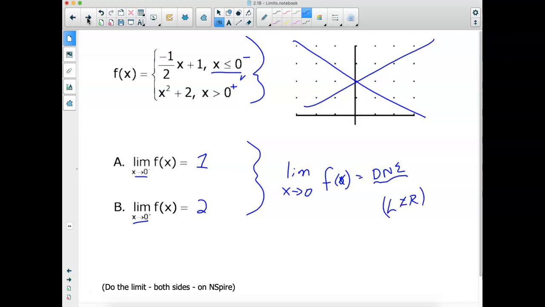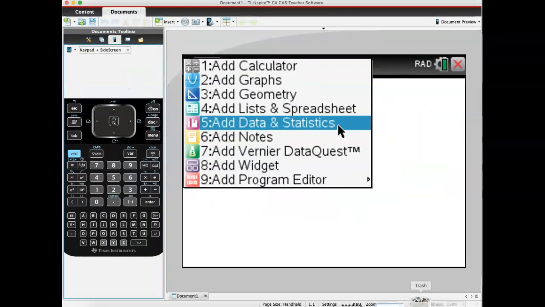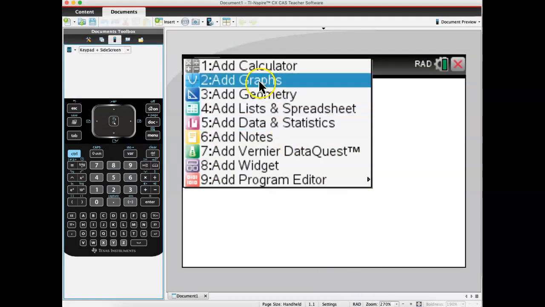So what we're going to do is I'm going to quickly show you, grab your calculator. I'm going to show you how to enter a piecewise function into your calculator if you forgot, and we're going to have the calculator evaluate this for us too. Really good thing to be able to know how to do because you can check all your limits on your calculator all the time. Okay, so if we're going to graph that little rascal, first I'm going to say graph,